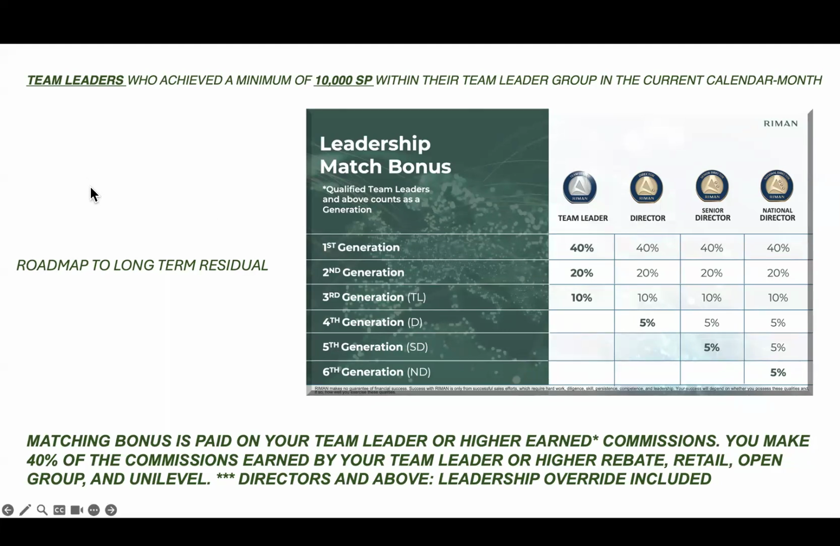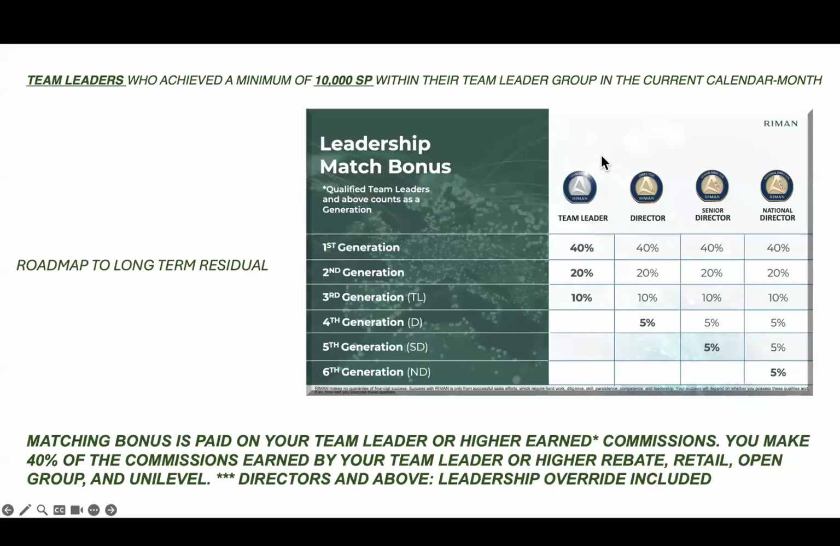So this is what's going to create the long-term residual. What you're really getting paid on is 40%. I'm going to just go off the first generation, right? So 40% is earned off of the rebate, the retail, the open group sales, and the uni level part, that portion that gets commissioned out. Of your team leader, you're going to make 40%